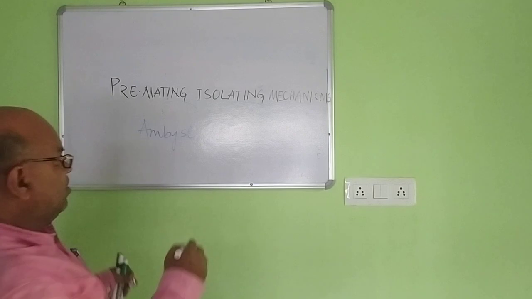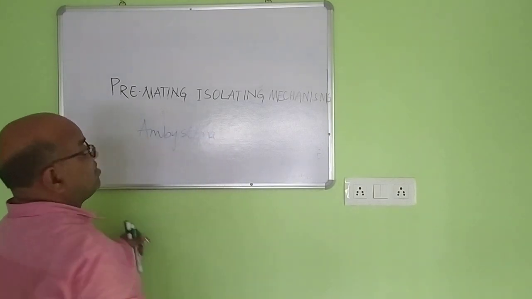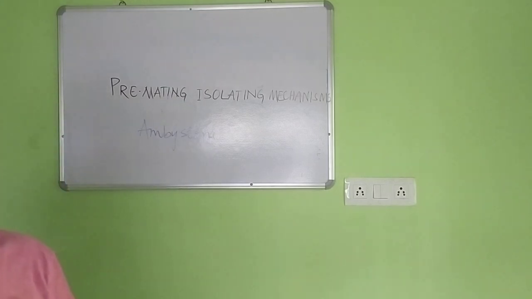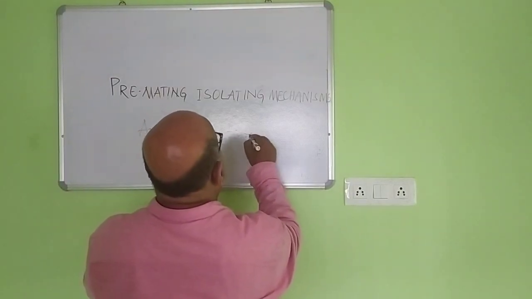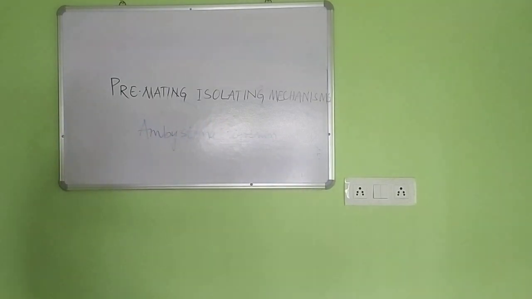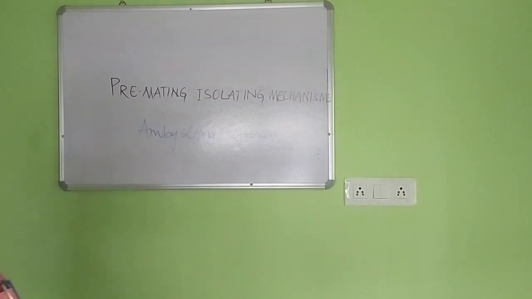This species is considered an amphibian organism, and tigrinum is the specific name. That is called Ambystoma tigrinum, and this one